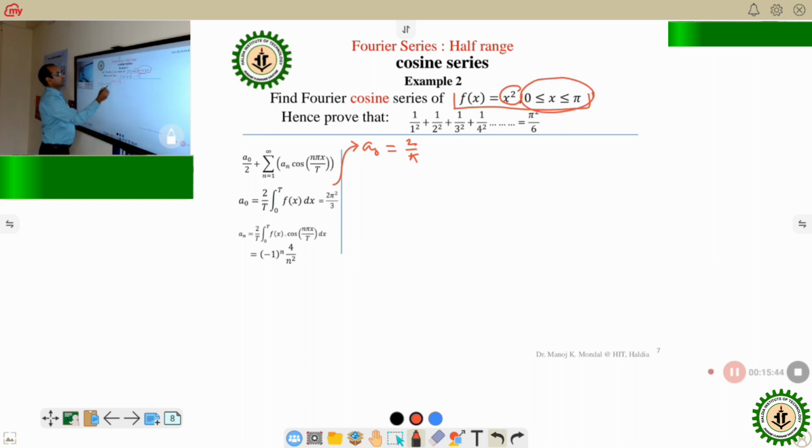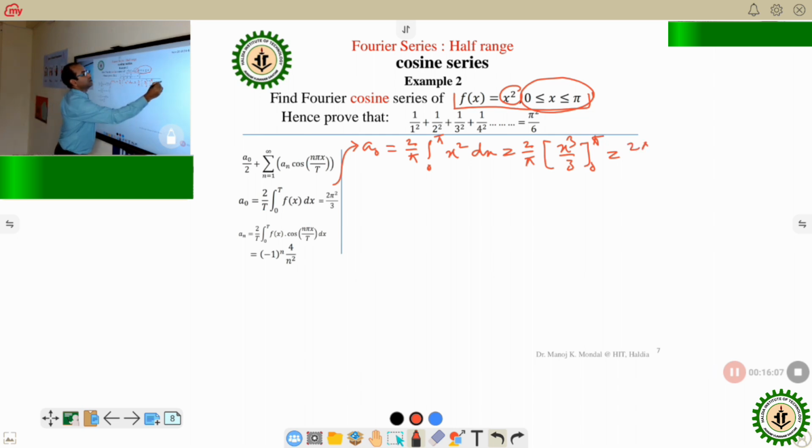This is the limit, so 2 by pi integration 0 to pi, f(x) means x square here, f(x) dx. So take the integration, 2 by pi, x cube by 3, 0 to pi, and its value will be 2 pi square by 3. So this is the value of a0, and similarly we have to find out the value of an